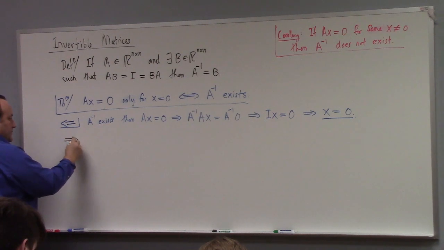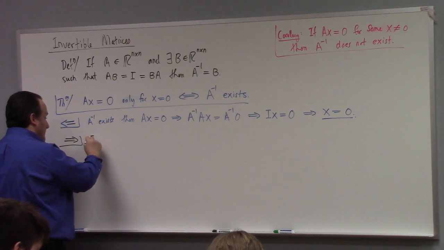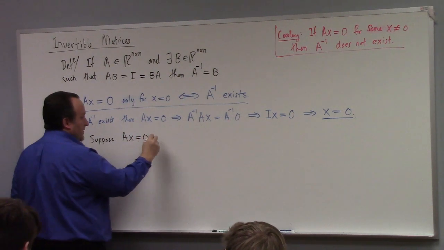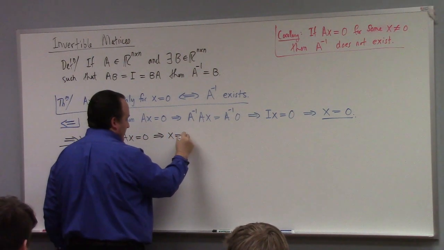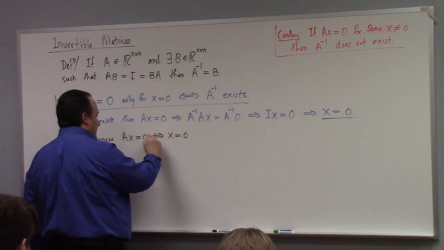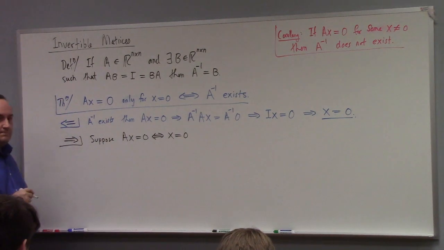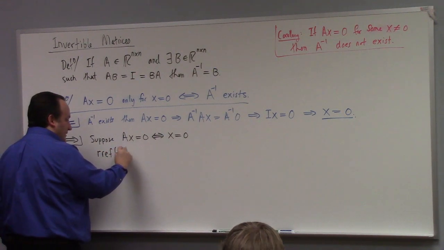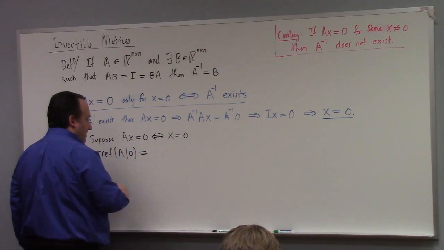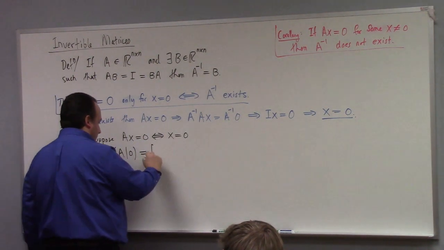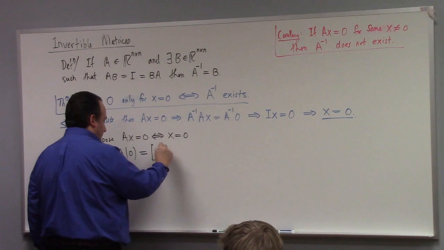All right, so this way. Suppose that AX equals 0 implies x equals 0 only. I guess you could say it this way, AX equals 0 if and only if x equals 0, all right? So what does that mean? This means if we look at the reduced row echelon form of A concatenated with 0, what do we get? It has to be what? It has to be the identity matrix and 0,